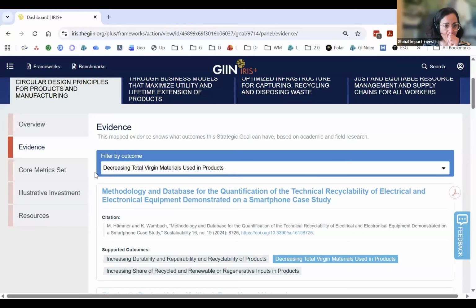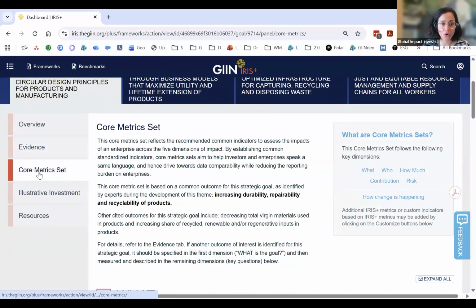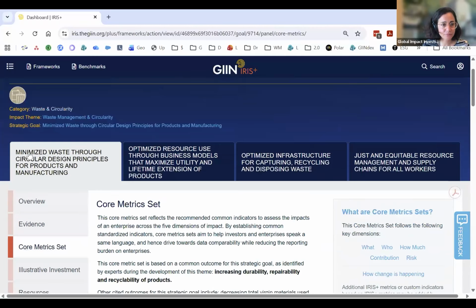So I'm guessing that there's a lot of questions about what these metrics and indicators are, and there's many more, but just to quickly show you how you'll be able to address some of those questions as you have them when you go through the resources. I'm going to go back into the website. And then to look at the metrics and indicators, I will go onto the core metric set tab here.